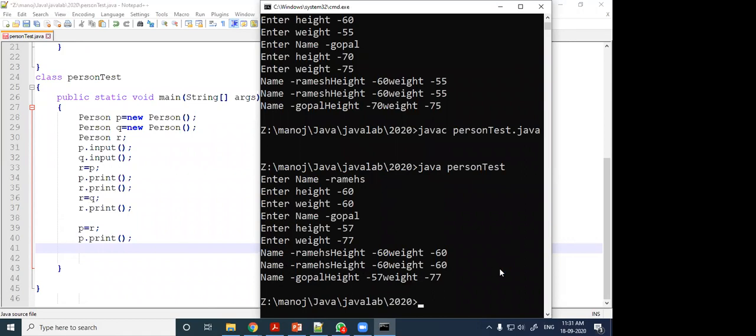How many data has it printed? Three. This one for this print line 34, this for line 35, this for line 37. But what about this line 40? It is not printed. Didn't print.